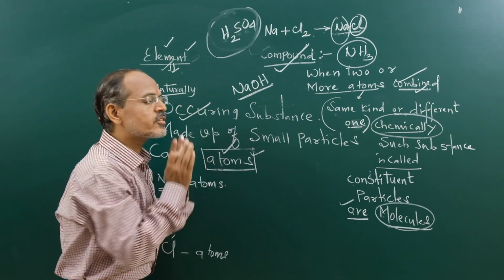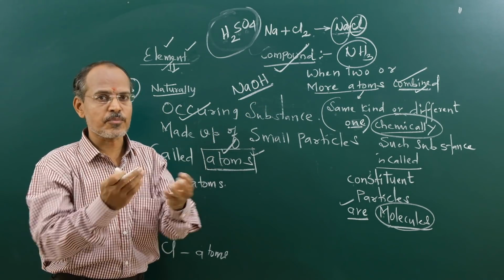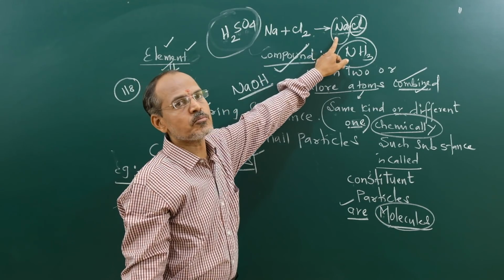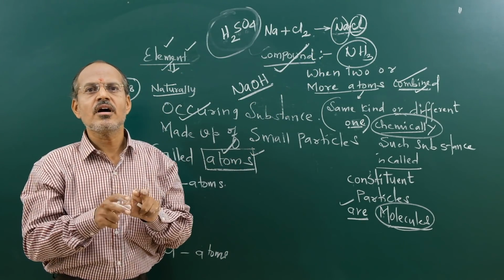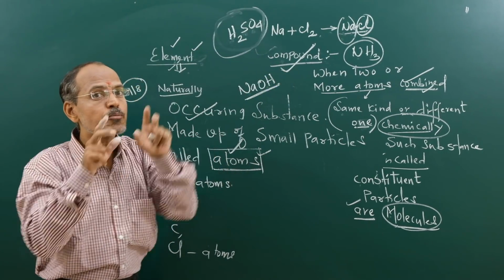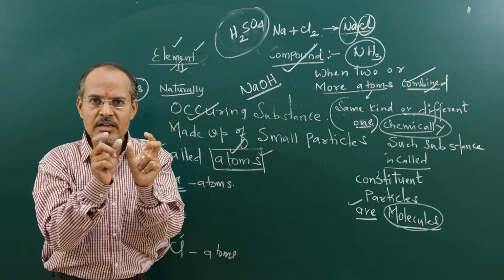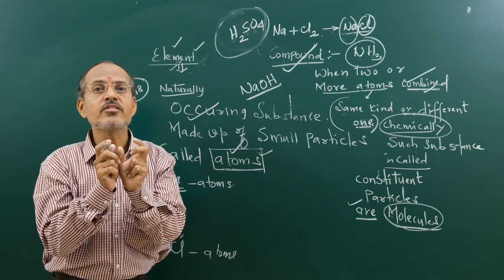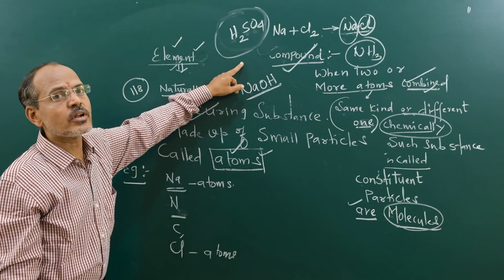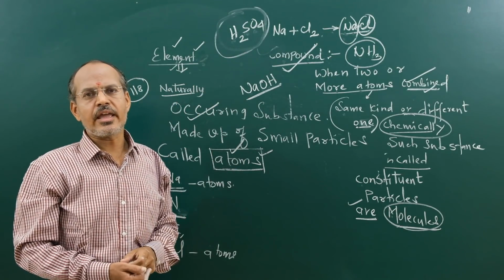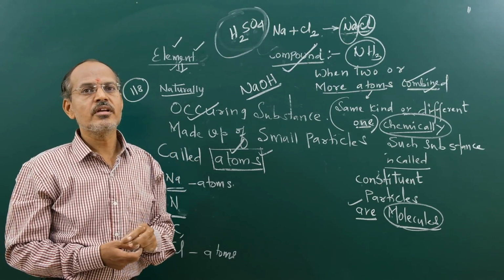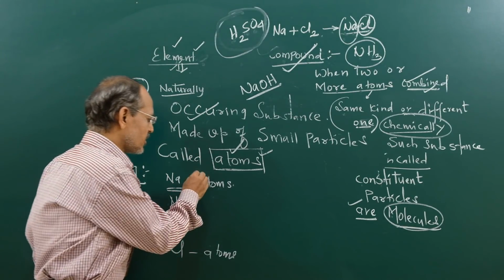So this is the first knowledge, or you can say the first step, before going to how to write the formula of a compound. That means we must differentiate the element and the compound. Then only are we in a position to get the clear picture about how to write the formula. Now we'll concentrate on how to write the formula. Before that, there are a few concepts and points that we should go through. The first one is about the atom.